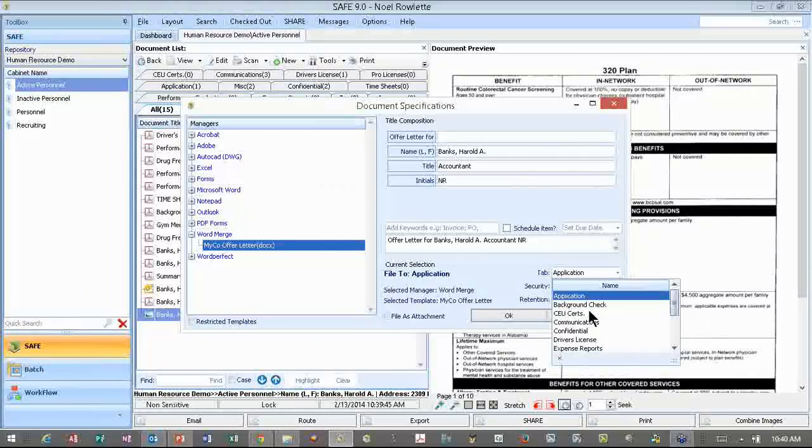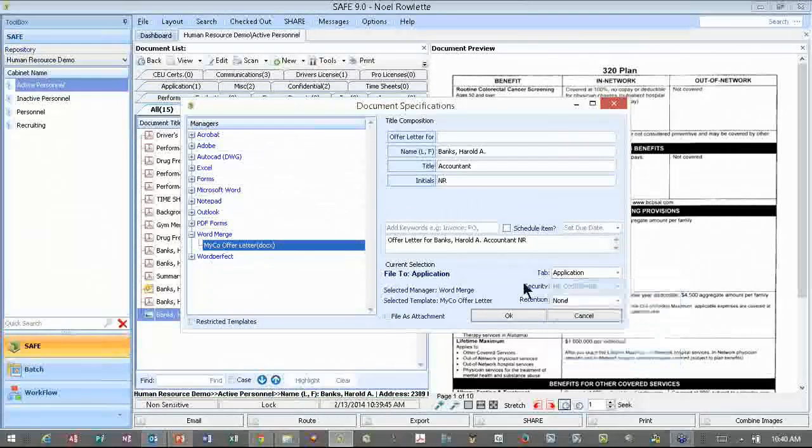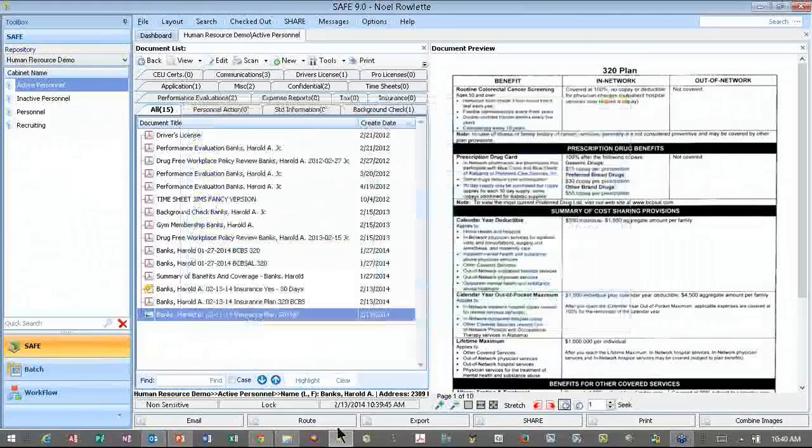Now, because I was on the All tab, it's going to automatically come up. It's going to ask me what tab I want to select and have this document go to. I want to select Application. And because this is a word merge, it's automatically going to pull fields from my folder index. So it's pulling Harold Banks, his job title, and also my initials because I'm the one who is creating this file. As I click OK,